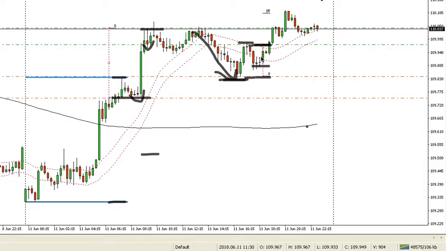I'm going to add to trades if price is moving nicely. If it's kind of consolidating in an area, then I'll be a bit more cautious with how I add. So that's the basic entry model, and now I'm just going to go over the